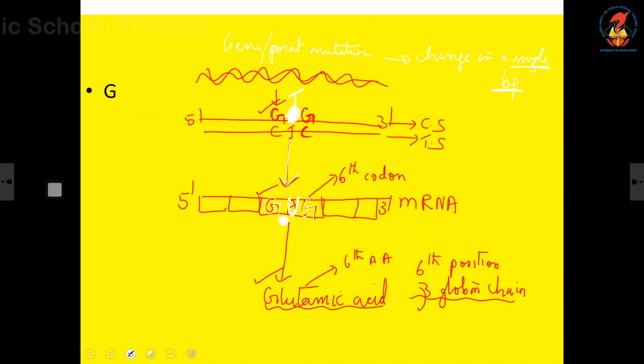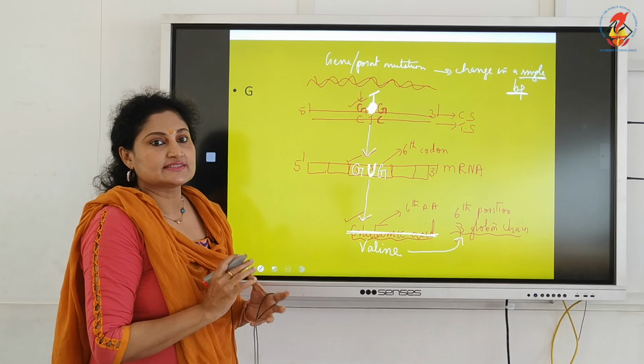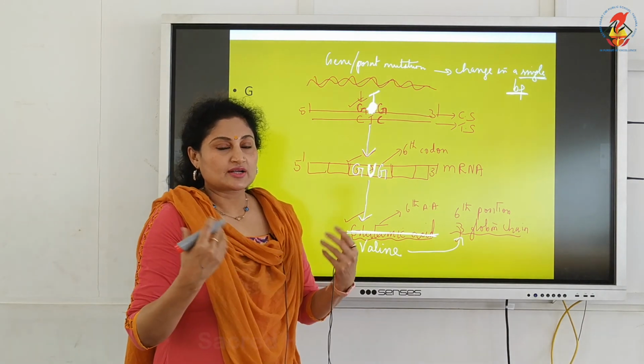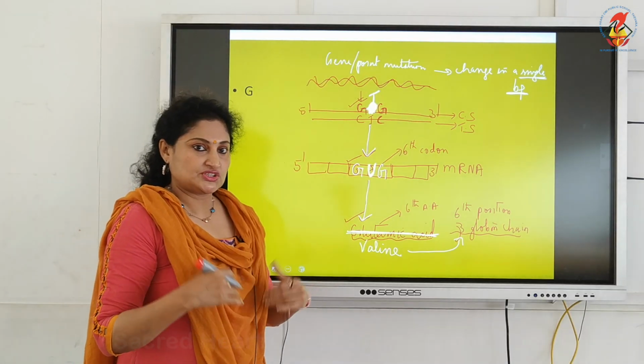If it's GUG, what will be the amino acid? Will it be glutamic acid that is coming to the 6th position? No, it will be a wrong amino acid called valine. So what happens in the 6th position of the beta globin chain? A wrong amino acid binds, that is valine instead of glutamic acid. And this alteration results in sickle cell anemia, where the RBC gets a distorted shape, the sickle shape, not a